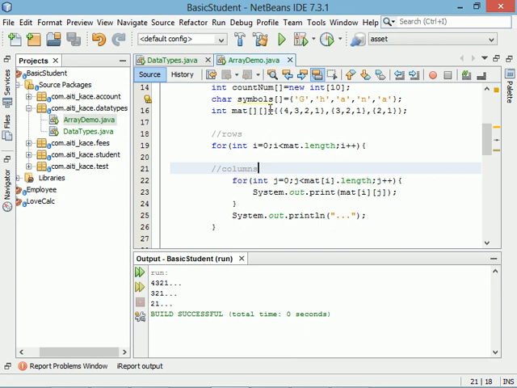And I said if you have a two-dimensional array, you always get the content through nested for loops. And always the first or the outer for loop refers to the rows, and the inner one refers to the columns. Then we know an array is a reference type, and by being a reference type, it means a class. And every class has some methods or properties. An array happens to have a length property, which returns the size of the items in that array. Then when it comes to the outer for loop, the usual i is equal to 0, i less than